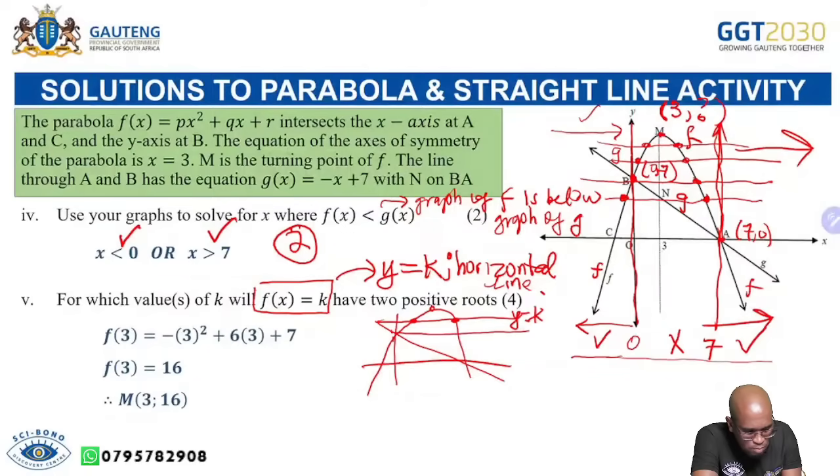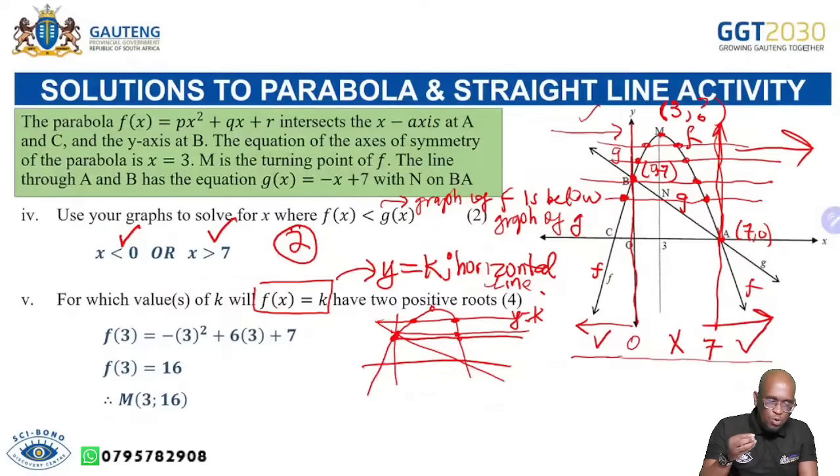Just below the turning point, it's cutting twice on the positive x-axis. But when you get to the y-intercept, you see that it now cuts on 0 and it also cuts on the positive x. So 0 will not be included because 0 is neither positive nor negative. So we have to be moving between the y-intercept and the turning point, which means